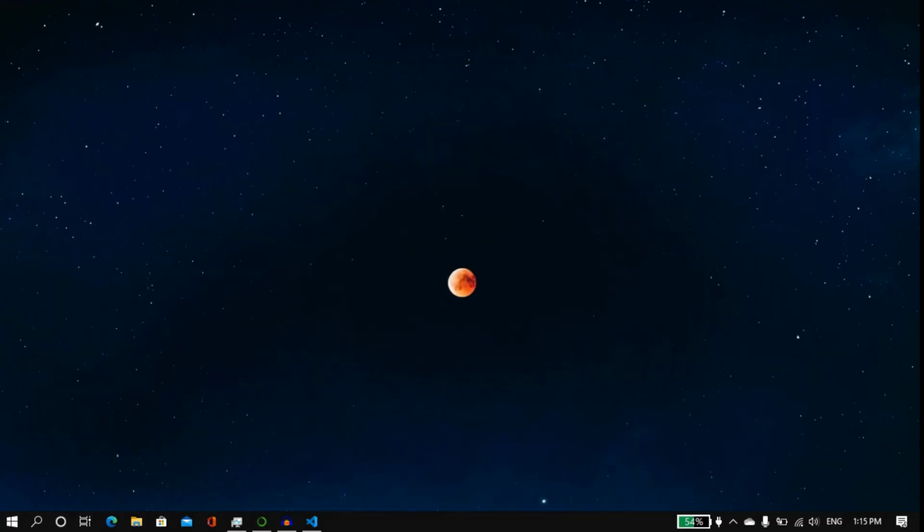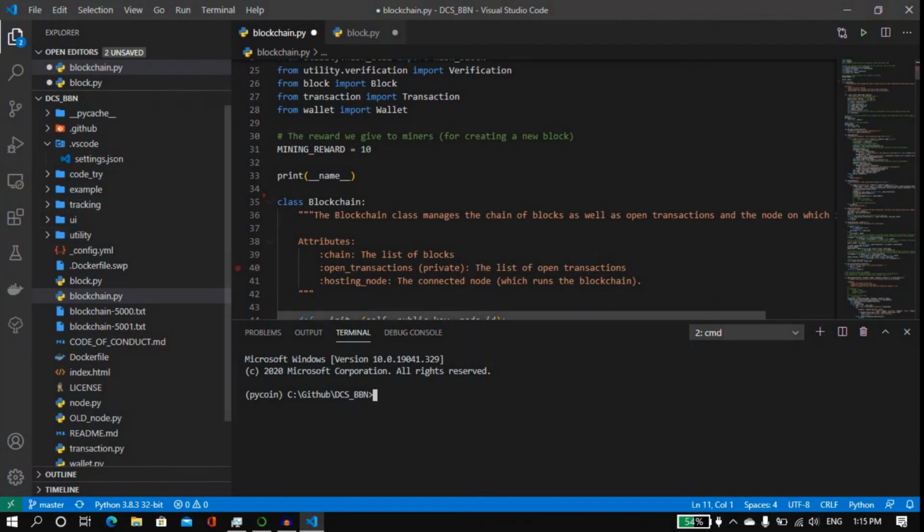So from the next session, we will start the basic development of a blockchain application, a decentralized application. We'll be using Python. So in the first 5 or 7 minutes, I'll go through some basics of Python, and then we will start the development of the blockchain system.